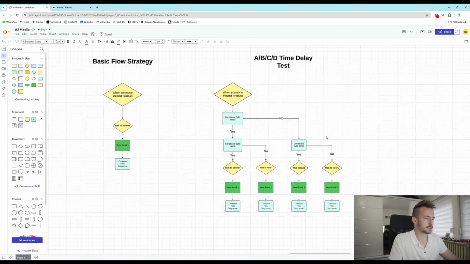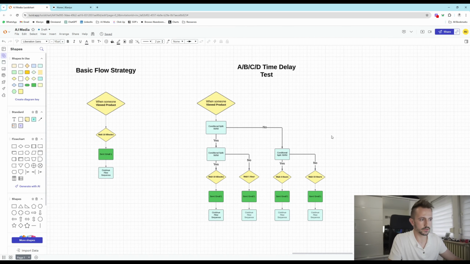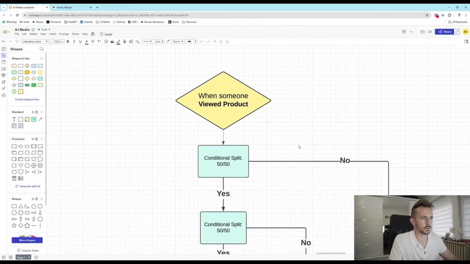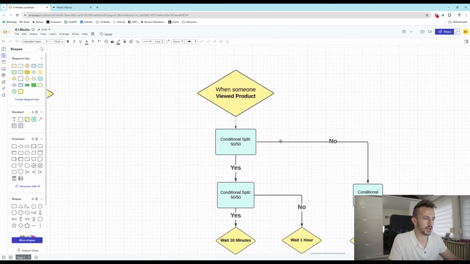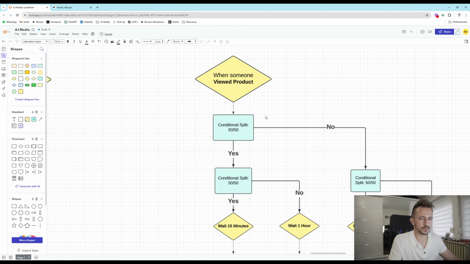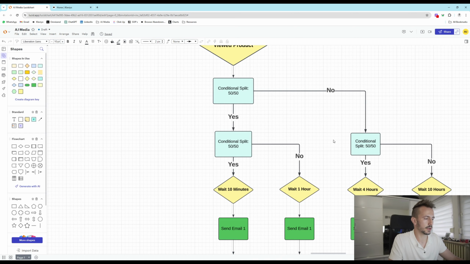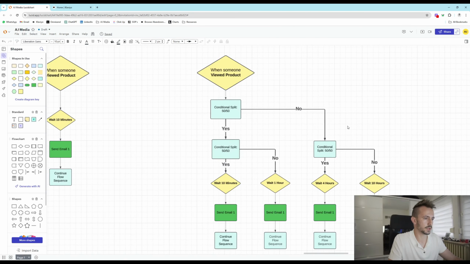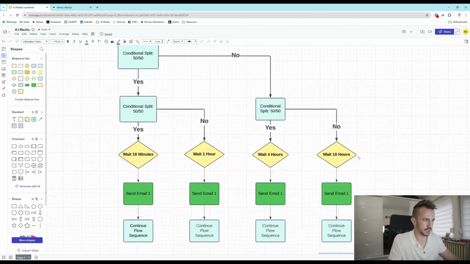Now, you don't have to use this for the time delay. You can use it to test different email contents, subject lines, whatever, but I just want to show you the structure and how we split it. So you want to have the trigger, which is like when someone viewed a product. Then you want to have a first conditional split, splitting your traffic both ways, giving 50% of traffic in one way and 50% of traffic in another way. And then in each of these ways you want to add another same conditional split, and that gives us these